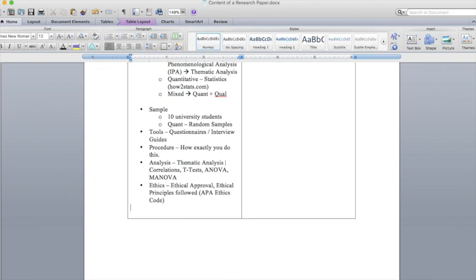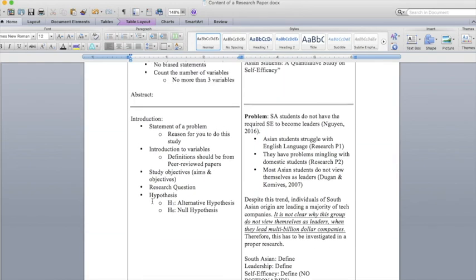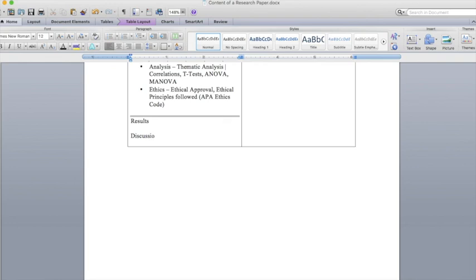After methods, the next one is documenting your results. So we are not yet in the results section. Documenting results is a whole different story which we can discuss later. And then the next component is the discussion. So here you document your findings,